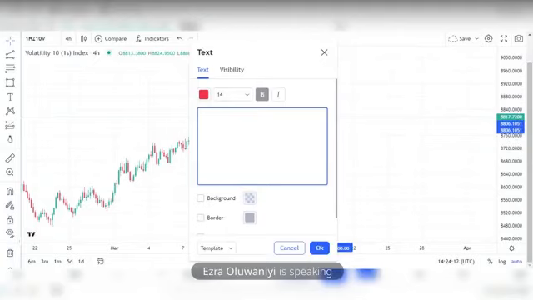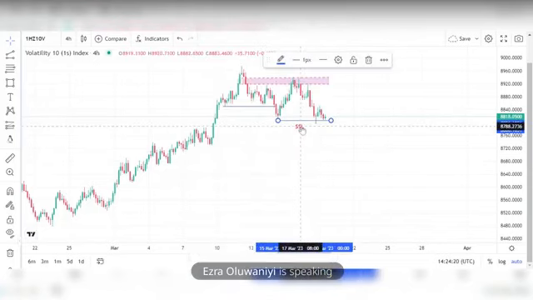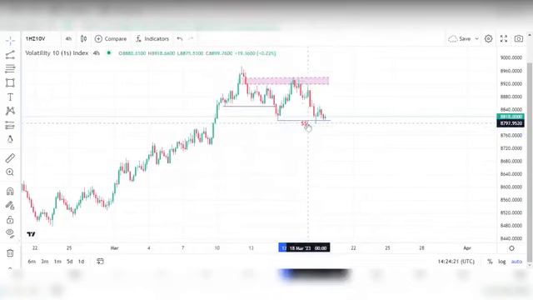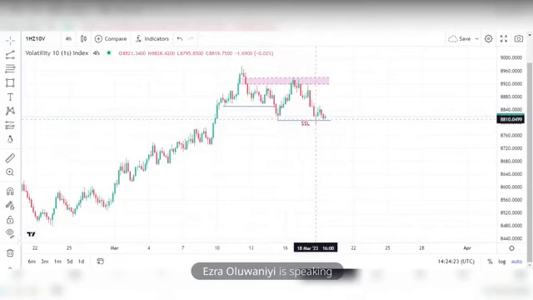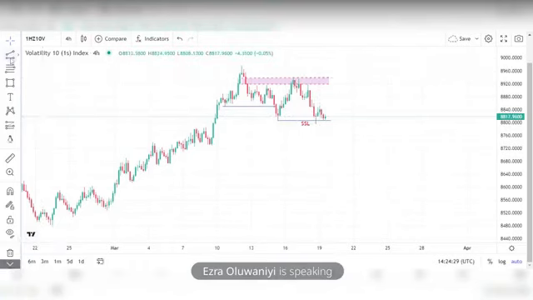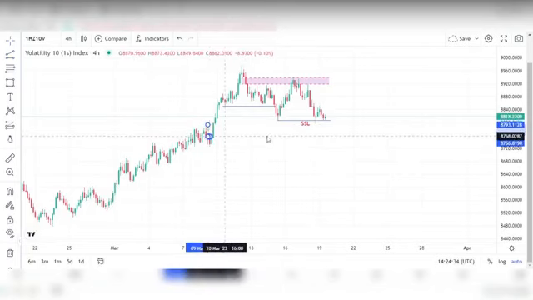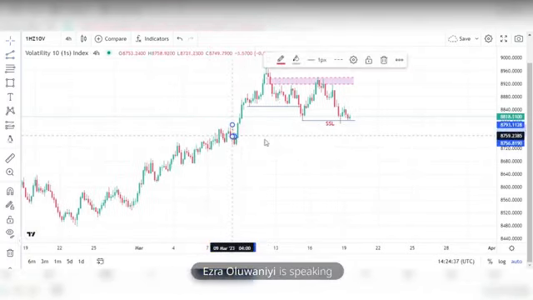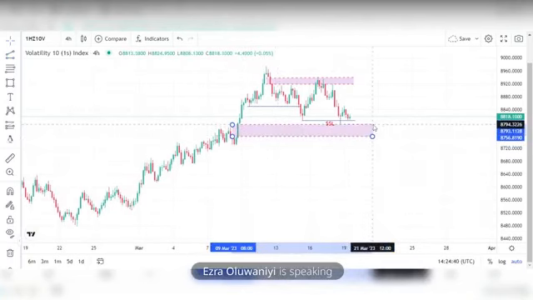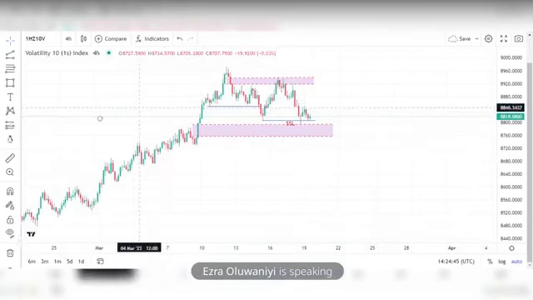All right, so I'm expecting price to close below the SSL, that's sell side liquidity. But price has cleared the sell side liquidity, because there's more imbalance below for price to fill. So I'm seeing this imbalance here. I'm expecting price to come and fill or come into this imbalance directly, and then give some sort of